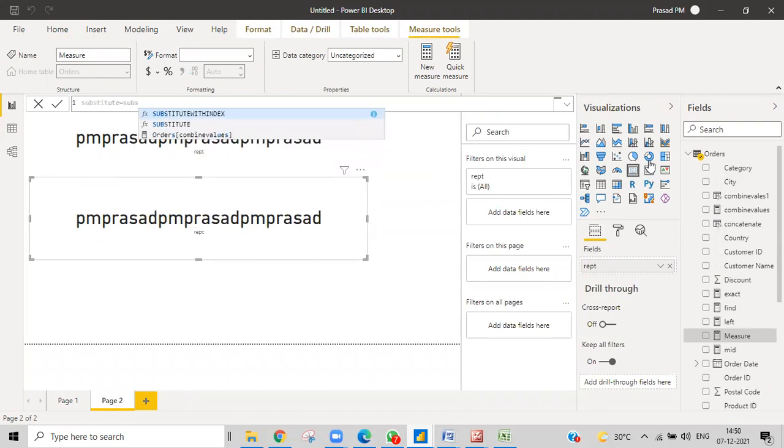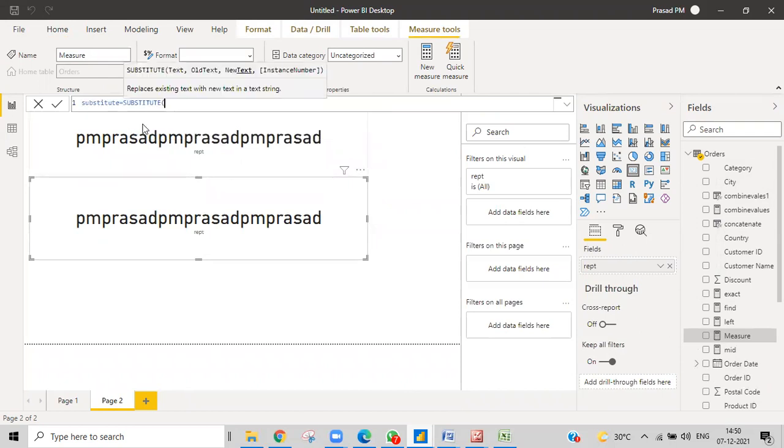Substitute takes the text part, then what is the old text, and the new text. So substitute: text, old text, new text.